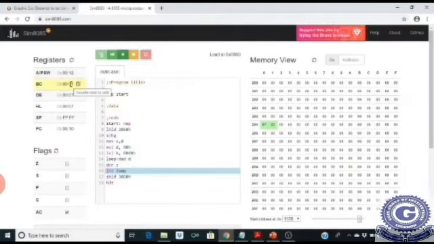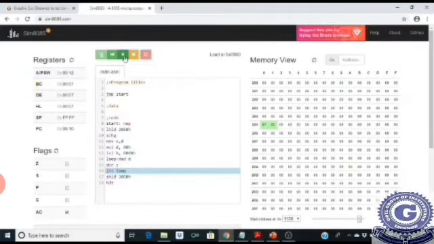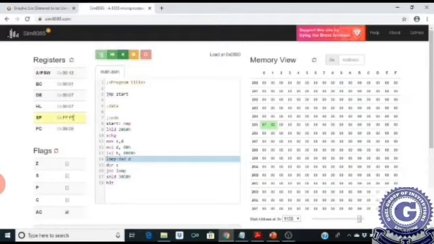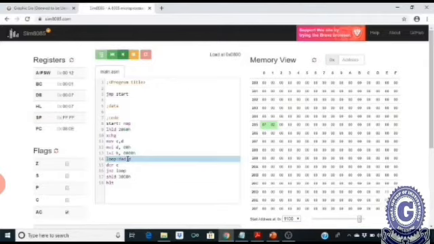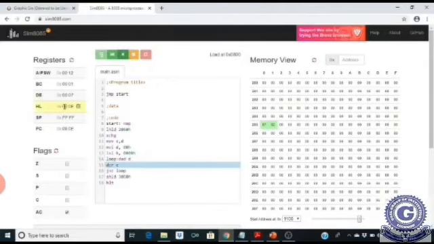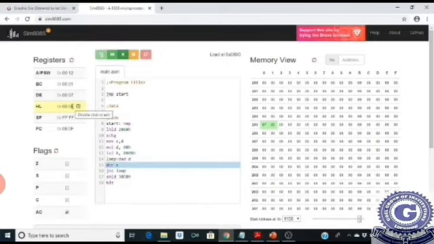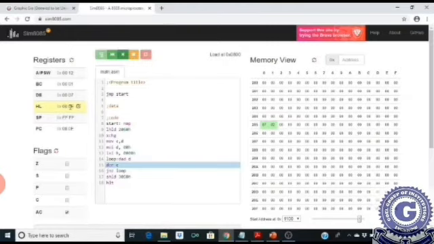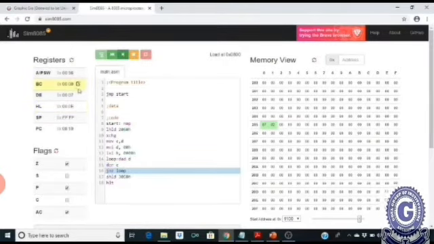As it is not equal to 0, we will again go to the DAD instruction. Now after adding the contents of HL with D, we are getting 000E. Then again we decrement C, so it is now 0.